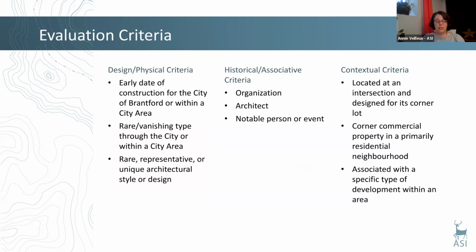Any property that was determined to have sufficient or exceptional integrity then moved forward to evaluation. It should be noted that all properties that made it through the screening process, including those with low integrity, have the potential to retain cultural heritage value or interest. Focusing the evaluation process on properties of sufficient and exceptional integrity, however, provides the opportunity for prioritization of the strongest